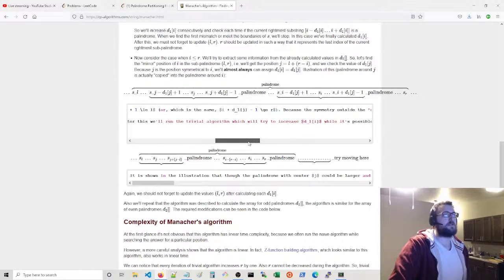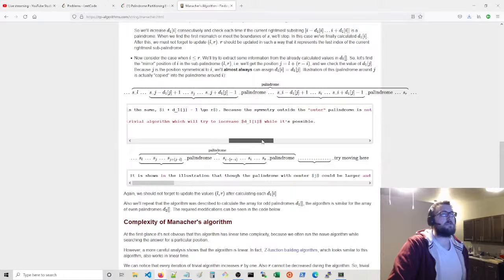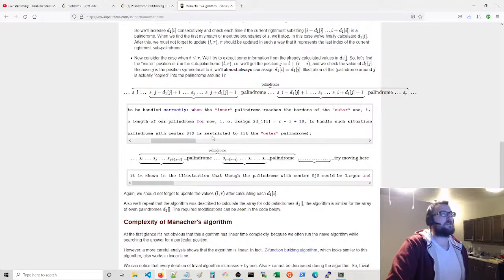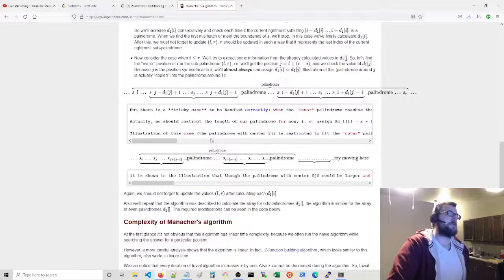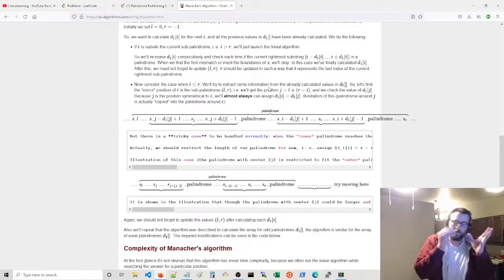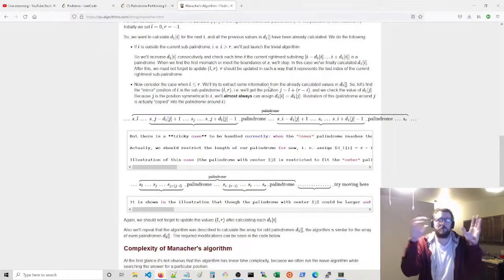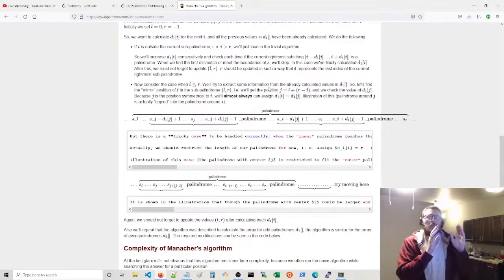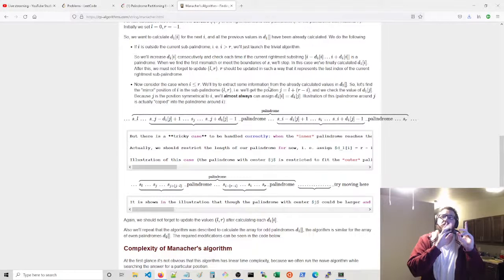After this, we'll run the trivial algorithm, which will try to increase D1 while it's possible. Illustration of this case: the palindrome with center is restricted to fit the outer palindrome. So what's being referred to here is, if we're inside of our larger palindrome, if I is inside, we can use the mirrored position, and we have to keep track of where the position is and where L is, and we would say if the palindrome goes outside of L,